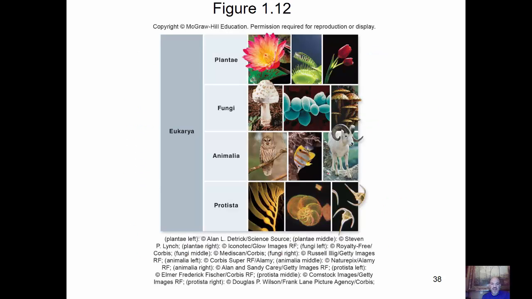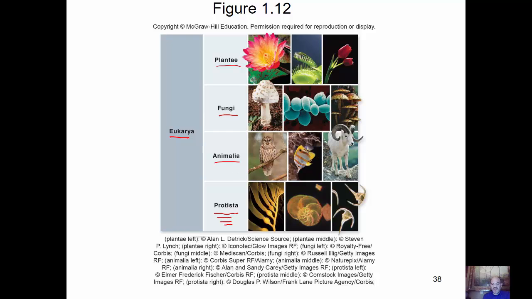This figure shows that you can take that domain Eukarya, and we've divided it into, or categorized it into, 5 different kingdoms. Protista, though, there's a lot of debate and discussion on whether or not that should be divided into further groups. But we have the kingdom Plantae, the kingdom Fungi, the kingdom Animalia, and the kingdom Protista. So these are the plants, these are the fungi, like mushrooms, and then animals, which we can really relate to. Humans are part of that group.